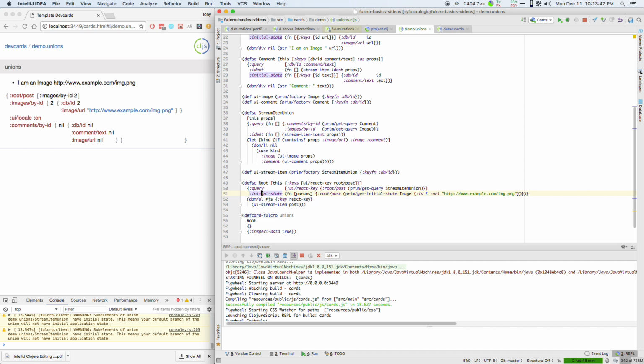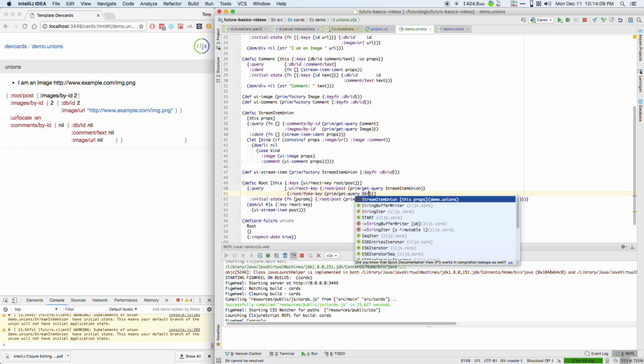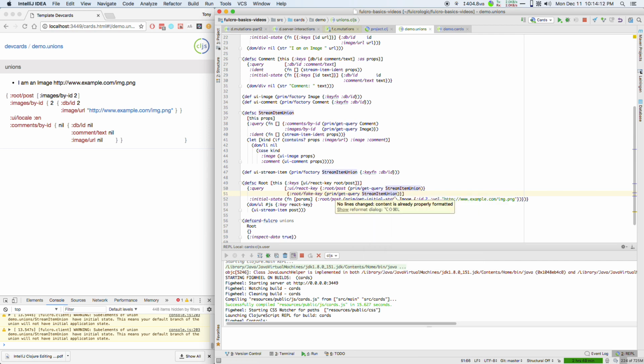So I've put an image in there, and just for giggles, what I can do, and this is a common thing you might want to play with as a way of playing with initial state, is you could also add some just fake key on your root. And this is just, again, for this kind of tinkering with things, where I can say I've got some query for that, and what I'm going to do in initial state is make that a to-many, similar to what we had just a moment ago,